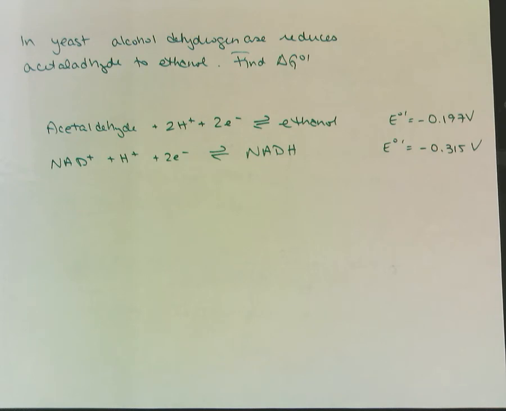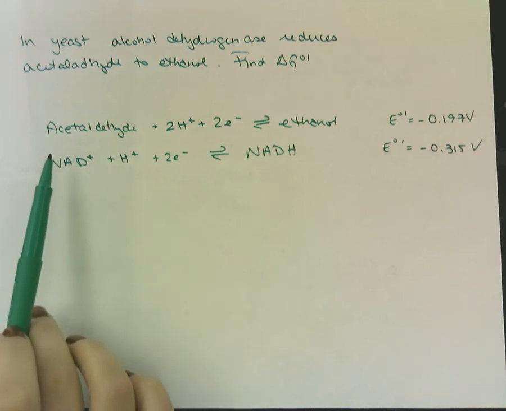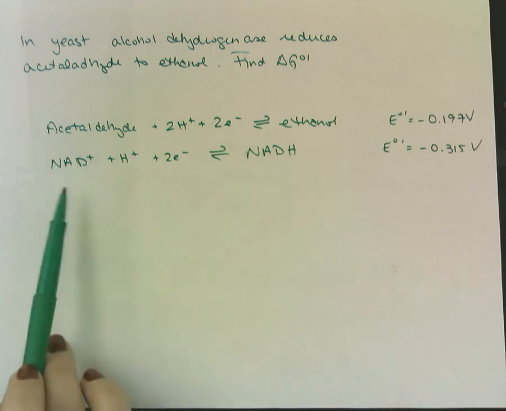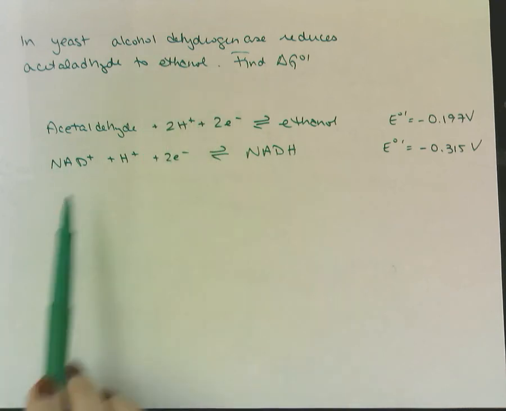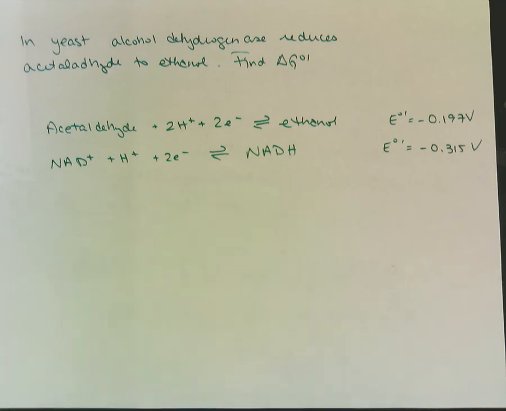So in yeast, alcohol dehydrogenase reduces acetaldehyde to ethanol. So we know the two half reactions that we need are going to be the acetaldehyde making ethanol. And this reaction, this alcohol dehydrogenase, we know uses NAD plus and NADH. So the question is, based on the wording of the question,